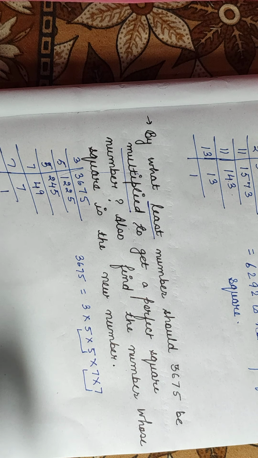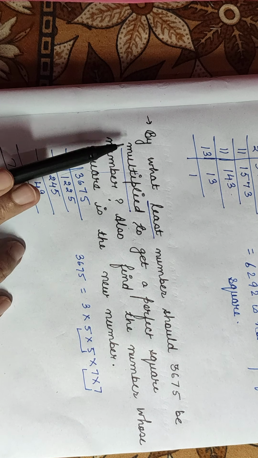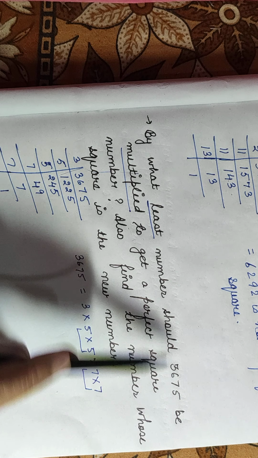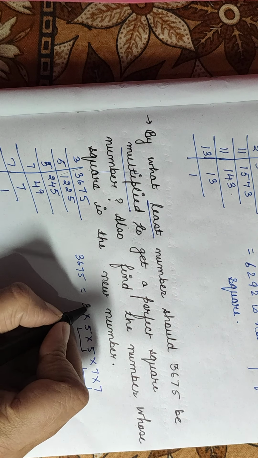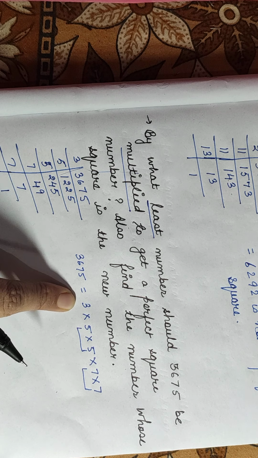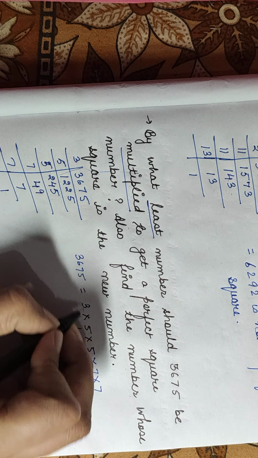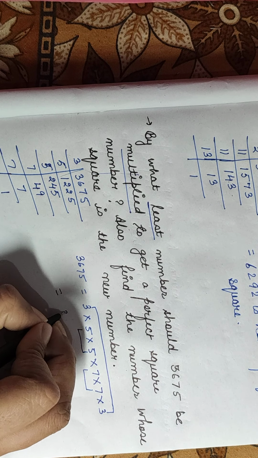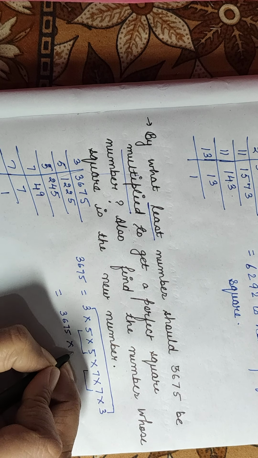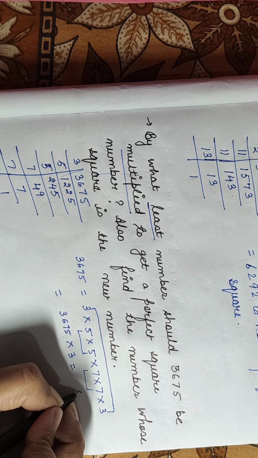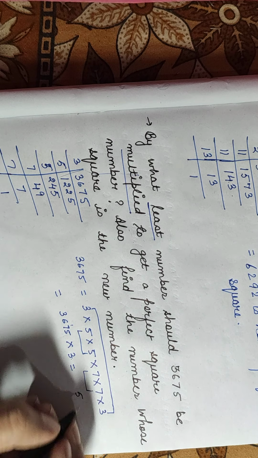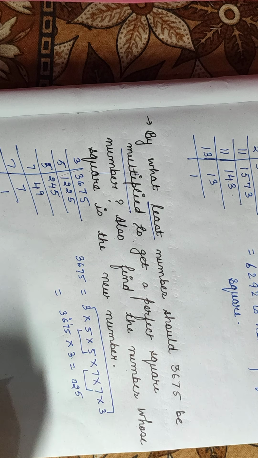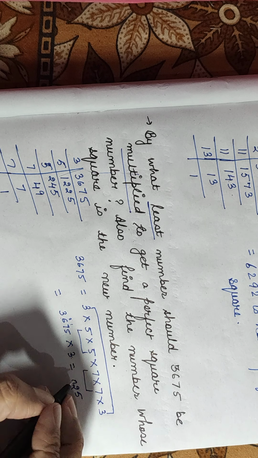So in these type of questions, as you can read the question again, they are asking by what least number should 3675 be multiplied. If we give the pair to 3, let's check it. Multiply by 3, so 3 will also get a pair, right? Then 3675 multiplied by 3: 3 fives are 15, 1 carry, 3 sevens are 21, 22, 2 carry, 3 sixes are 18 and 2, 20, 2 carry, 3 threes are 9 and 2, 11.